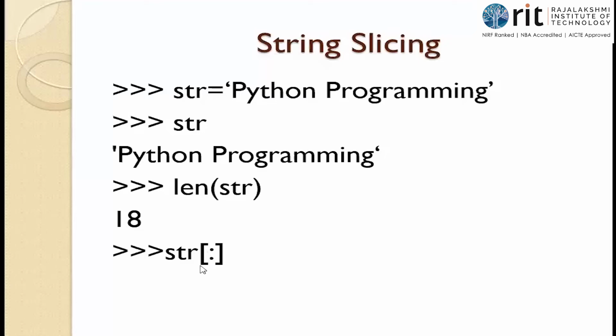Okay. So now see. I've given the square brackets, I've given the colon. So what operation is this? Slicing operation. What falls before the colon is the starting criterion. What falls after the colon is the stopping criterion, isn't it? So it represents the whole string. The starting portion starts from the beginning. The ending criterion will run through the end of the string. It will stop only after completing all the characters in the string. So the answer for this will be the same as STR.